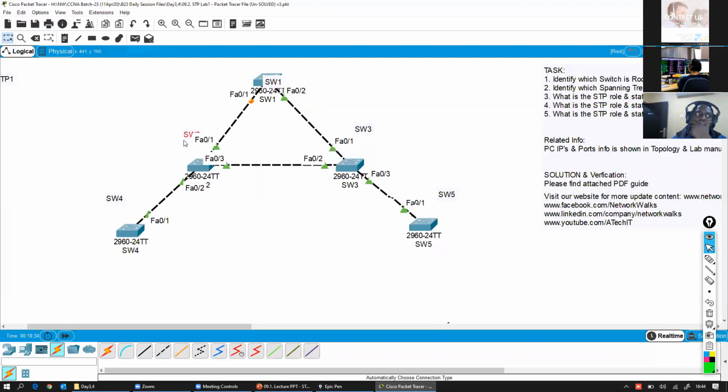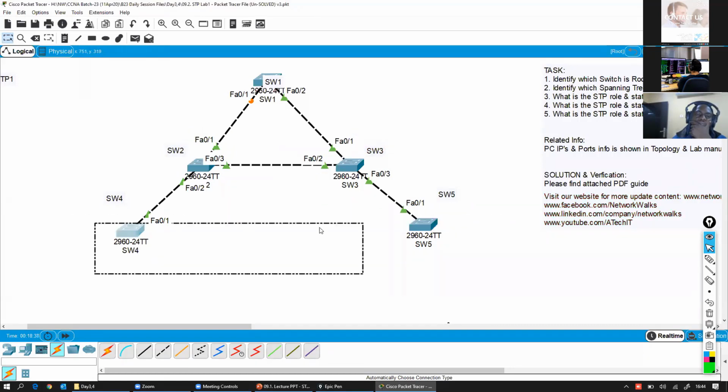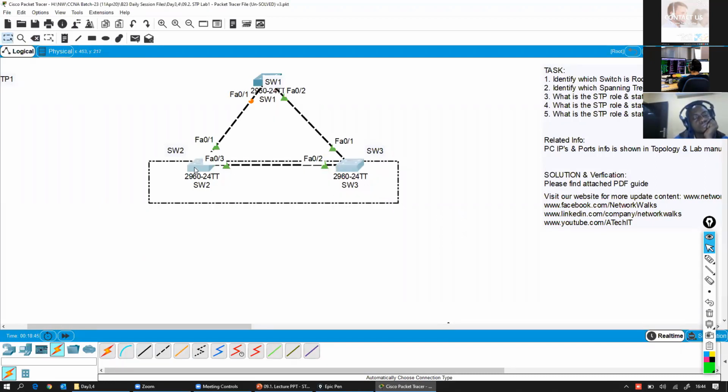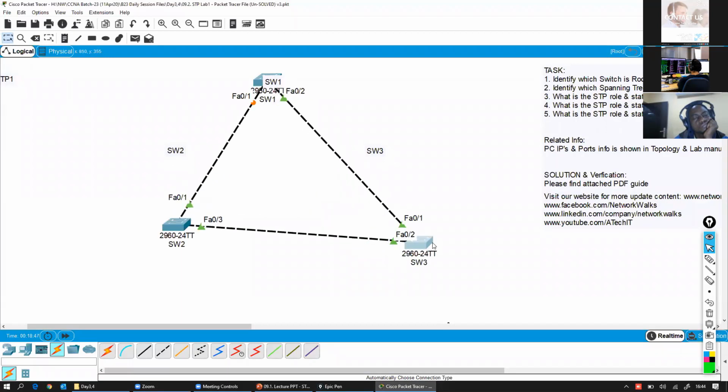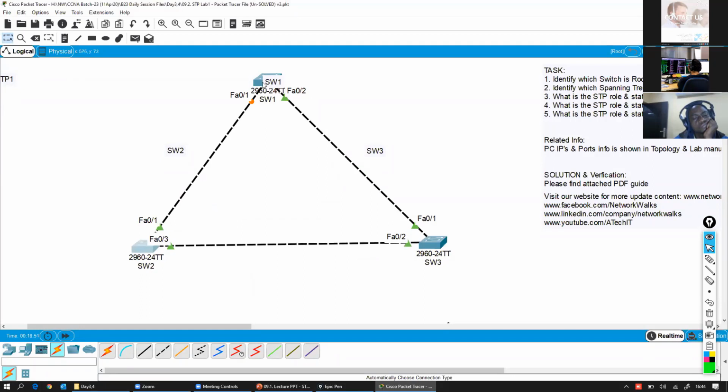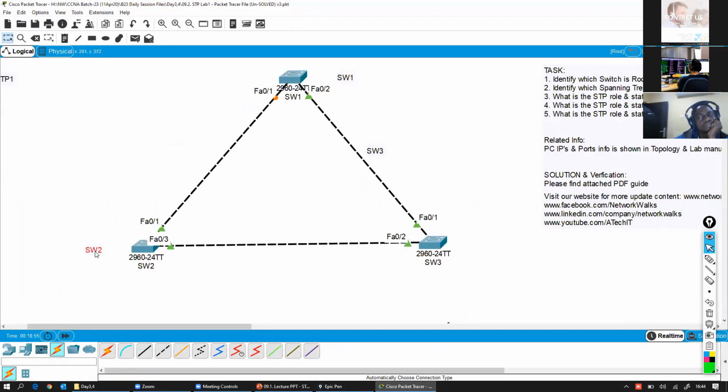You can see here, this is switch number 2, this is switch number 3, right? Let me delete these 2 switches first to make it simple. Okay, now we have 3 switches, guys. Here, so that you can see clearly which port is which one. Now you know which port is going to which side. This is switch number 1, switch number 2, and switch number 3. Can everybody see clearly? So that we practice practically based in here.